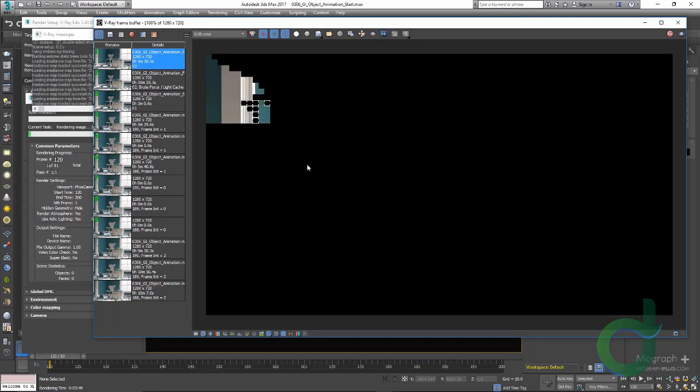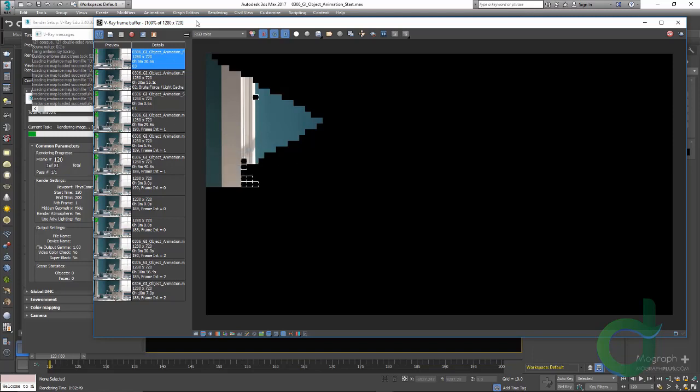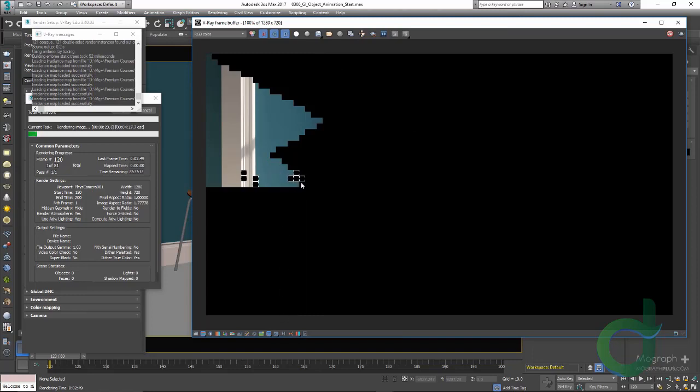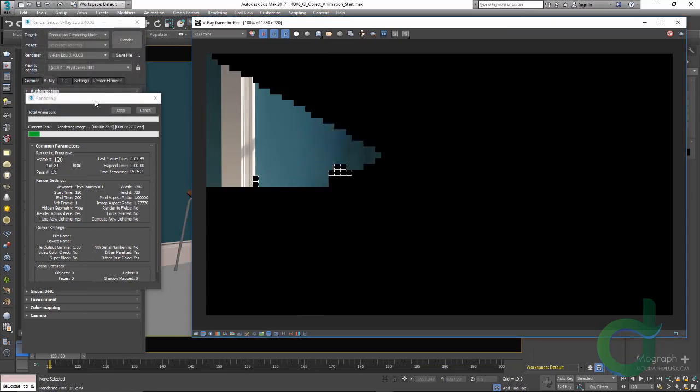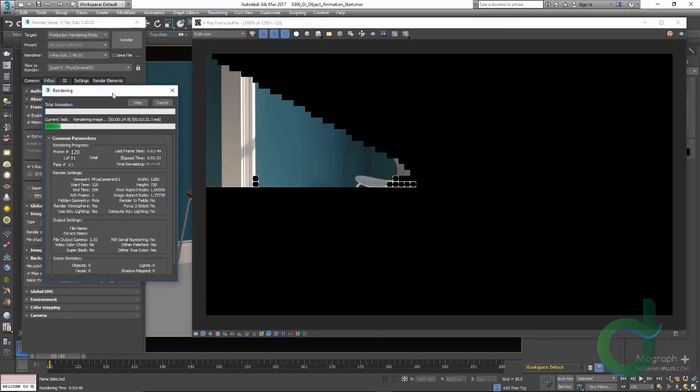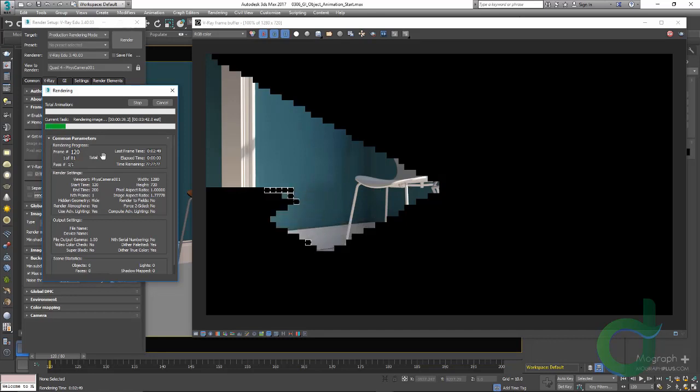As you can see, we skip irradiance map and light cache calculation because we already have that information, and start the rendering of the final image. Now you might think you are going to get faster render time per frame because you skip irradiance map and light cache calculation. Because we are rendering an animation and interpolation frame is set to 2 and we are blending between 5 frames at each frame, the render time is not going to decrease that much, and based on the material that you have in the scene, it might actually increase, and it might increase significantly, sometimes to 4 to